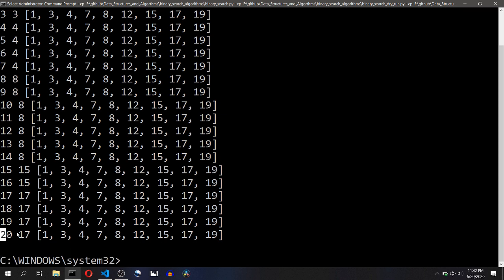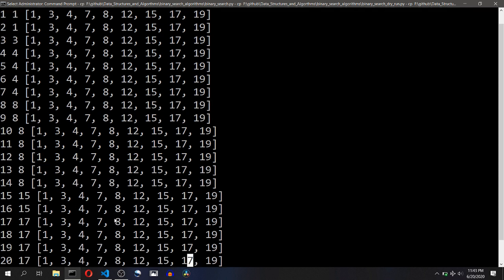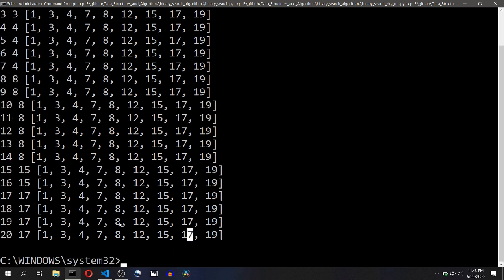Also, in the case of 20, that is the case where the key value is located outside the right bounds, in that case too, the two elements that were remaining were 17 and 19, and we were again returning the left element. So by this information, we came to know that we need to return the right element when the key value is greater than or equal to the right element.